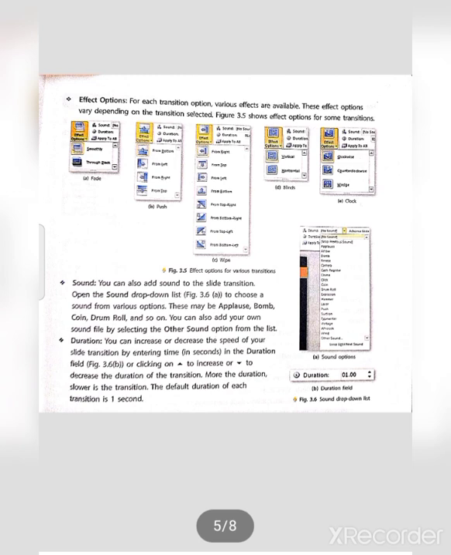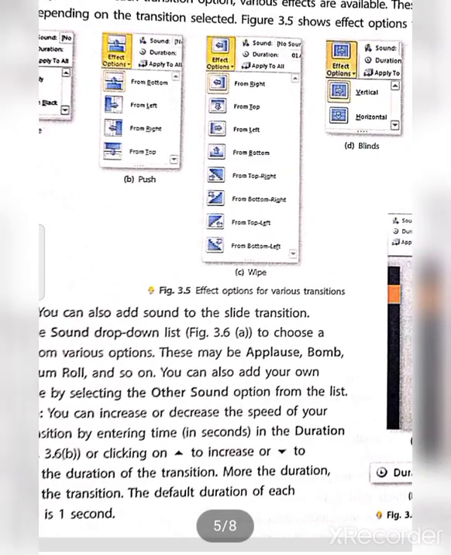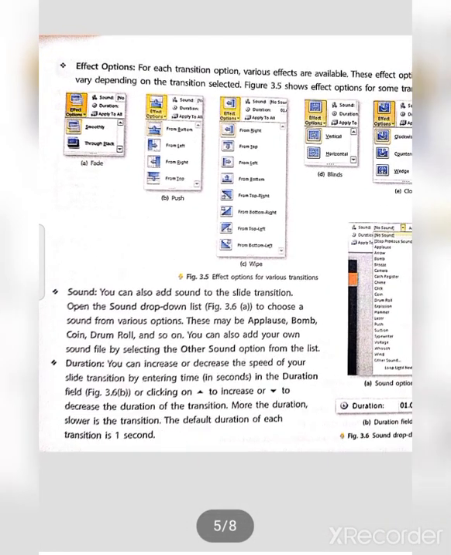You can increase or decrease the speed of your slide transition by entering the time in seconds in the field. With this arrow you can increase it, and with this arrow you can decrease the duration of the transition. The more the duration, the slower the transition. If your duration time is more, then your transition will be slow. The default duration of each transition is 1 second.